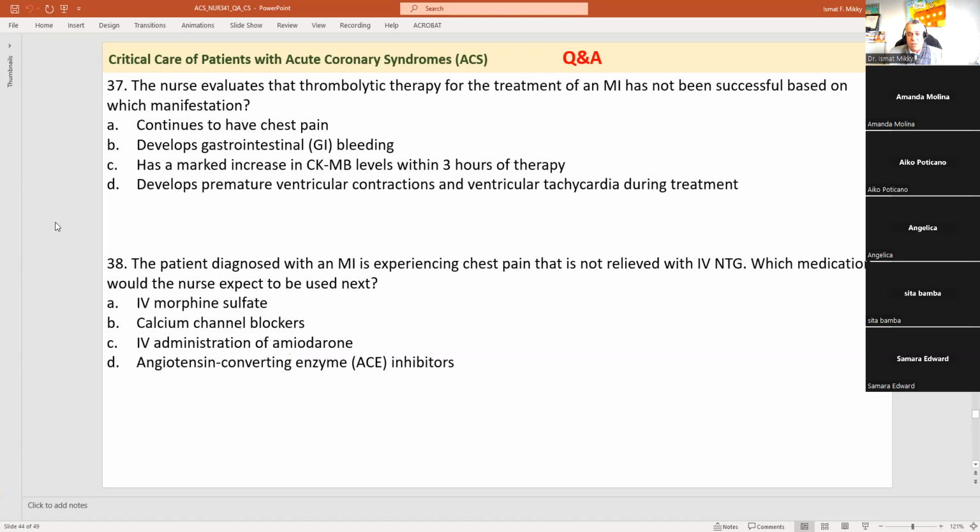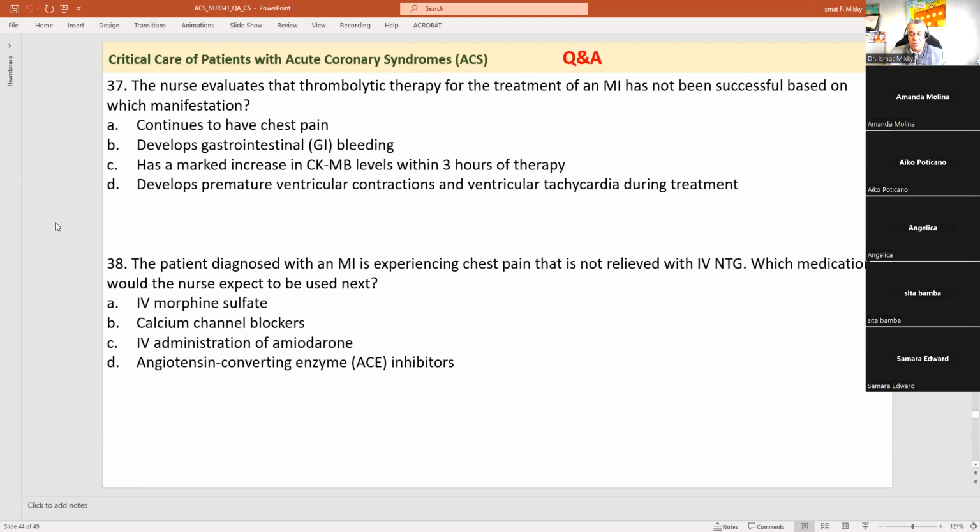I would like everyone to go and do some review about the IV morphine sulfate and its cardiac effect or benefit in patients with acute MI. You will find that morphine sulfate decreases anxiety, first of all. Second, it will decrease cardiac workload because it's a vasodilator too. As a vasodilator, it will decrease the preload and the myocardial